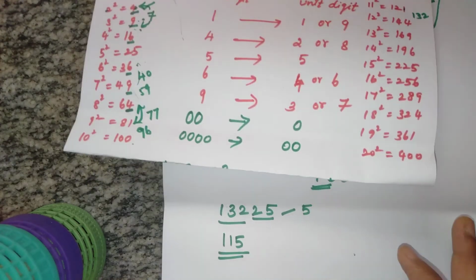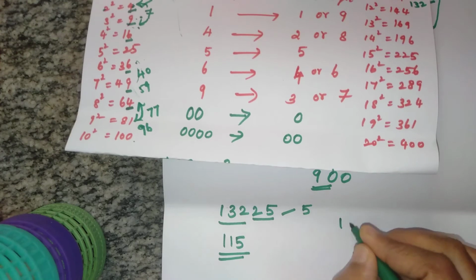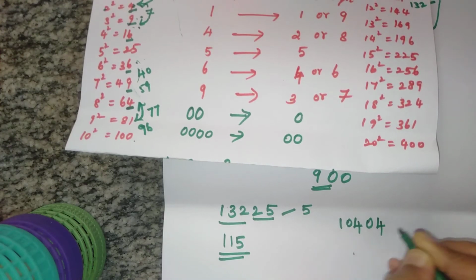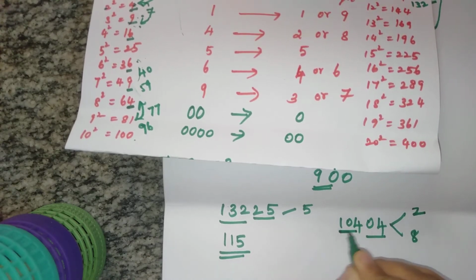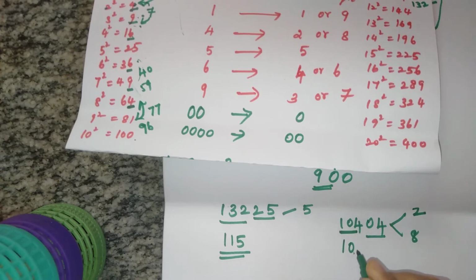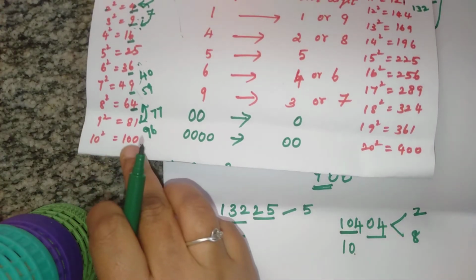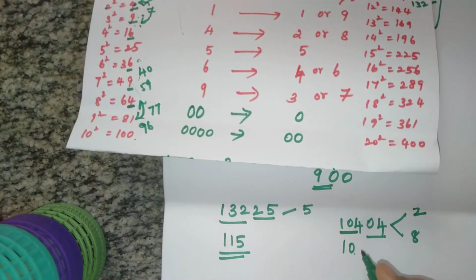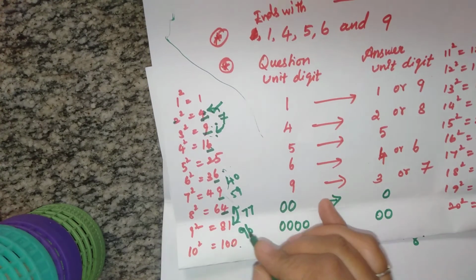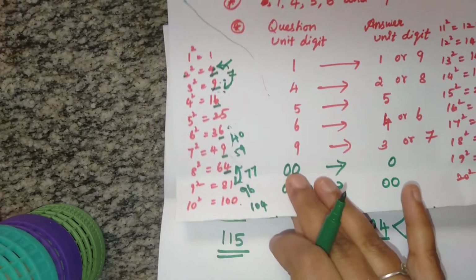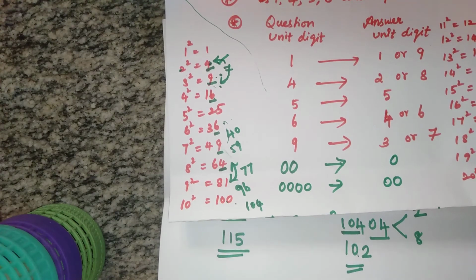Okay. Next we go with another sum, that is 10404. 4 means we clearly know 2 2s are 4 or 8 8s are 64. Next this 104. 10 10s are 100, 11 11s are 121. Which is nearer? 100 is nearer, so the upper value, which means 2. Is it clear? It is 100, it is 121. So 104 is near to 100. So this one will be the answer.